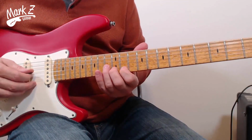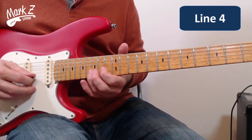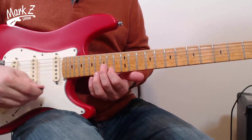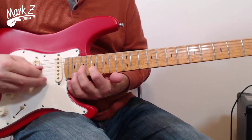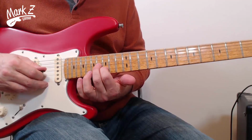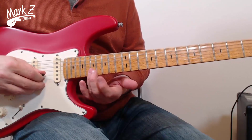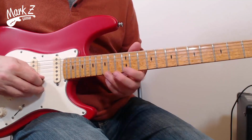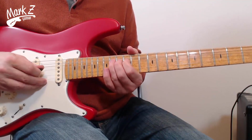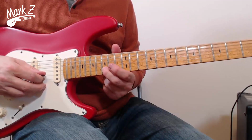Okay, here is the fourth line. All right, the beginning part, we're going to do some tremolo picking. We're playing strings G and B, and we're playing at the 16th and 15th, and then going up to the 17th. You can play with whatever finger is comfortable for you. And then coming back to our blues box position, we're playing the 15th, and then this. Again, it's kind of cramming. We're going to play it pretty quickly. And finally,